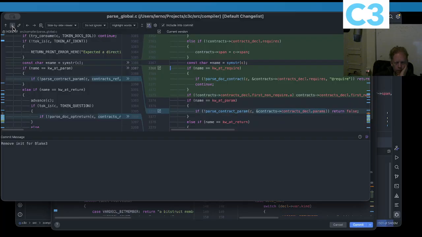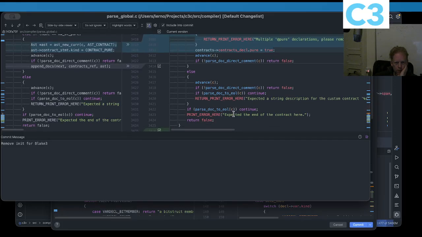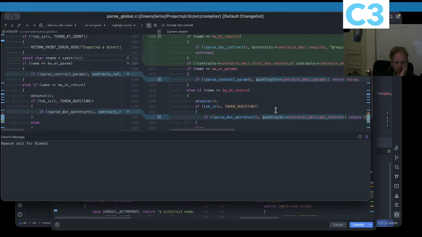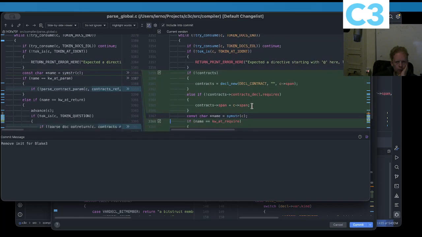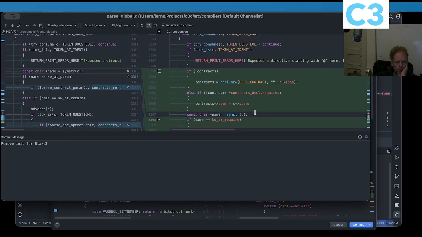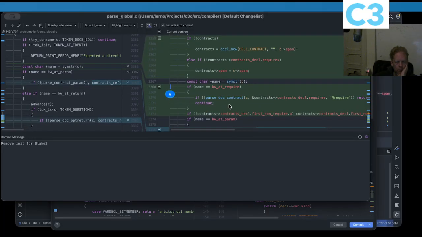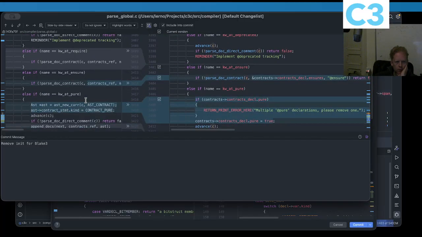Yeah. Require. These look fine too. Like, why is this not working? Oh wait, there's this first a contract, right? And then after you do all this,